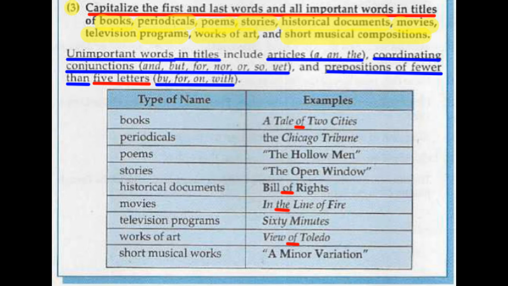Now let's do this. Notice anything that's short up there, like a poem. It has quotation marks around it. A story has quotation marks around it. The longer ones, like a book, is italicized. Or the movie title is italicized, or the television program is italicized. So I just want you to take note of that, because you're about to take a quiz that's going to test whether you know when to italicize and when to put quotation marks around a title.